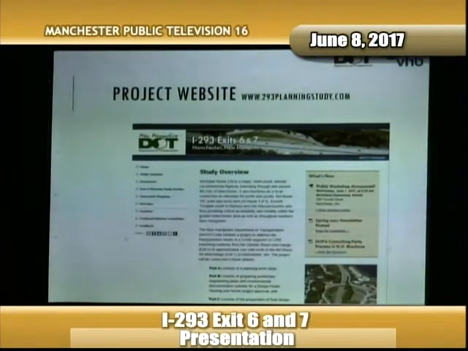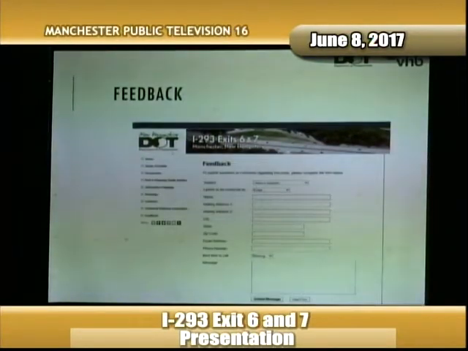Probably most importantly, on this website, if you go to the left side here, there's a feedback button. If you hit that feedback button, this page comes up, and it will allow you to enter any comments, any questions, and if you put your email address in here, an email comes directly to me, and I will respond to the questions. If you have ideas, if you have questions, send them to me, and I will send you an email back